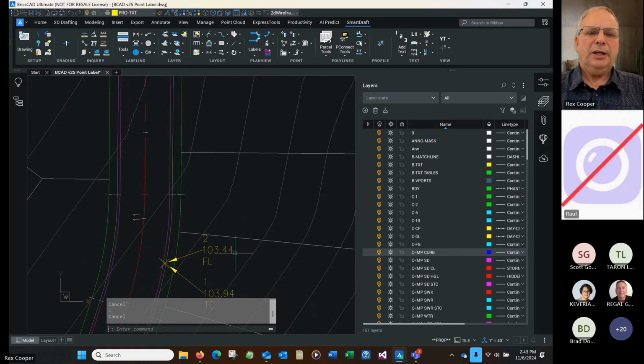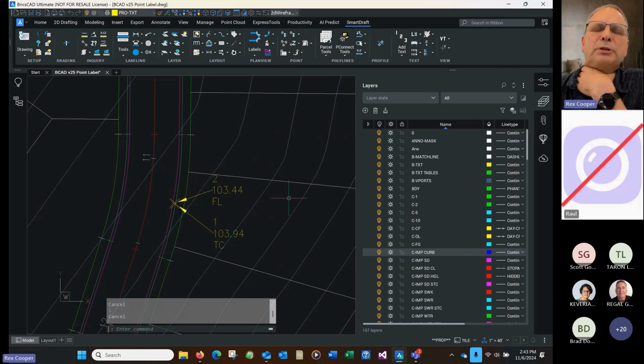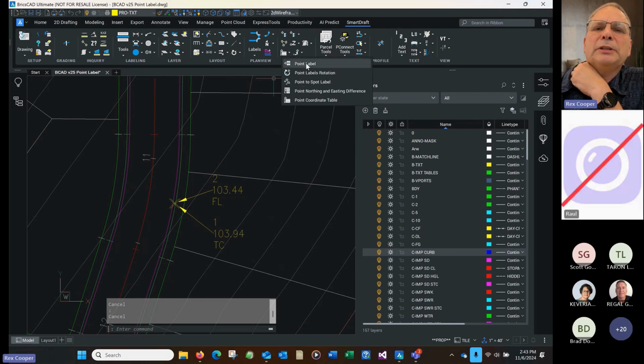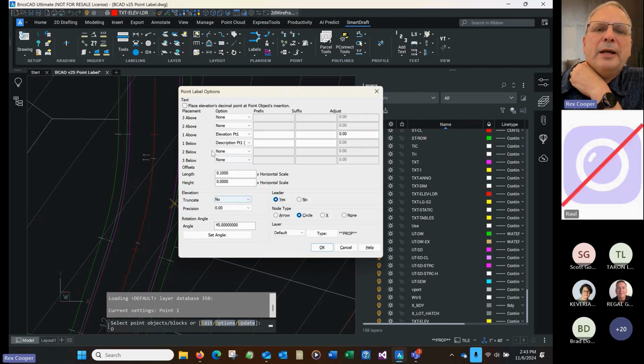So here's last, but not least, two different examples of labeling points. So some of our engineers and surveyors may have points like this where they have a top of curve and flow line, and they'll want to put just a single label. So one of our tools is label point. You'll go into the options and say, oh, I want to grab 2 points, the elevation of point 1, which is going to be my